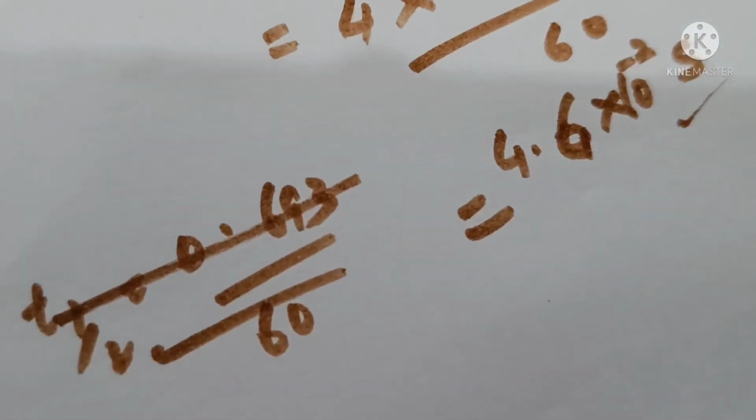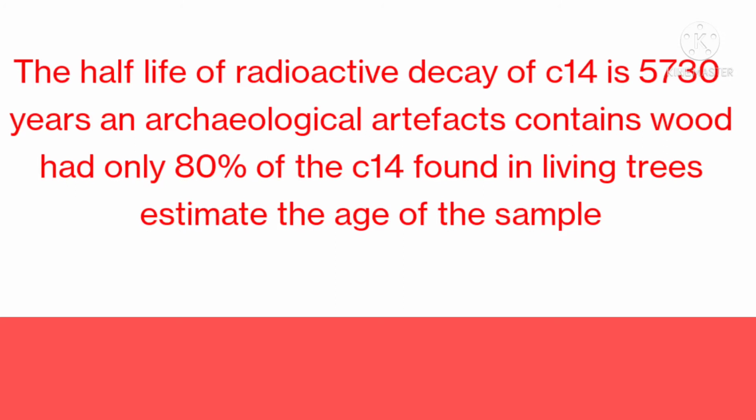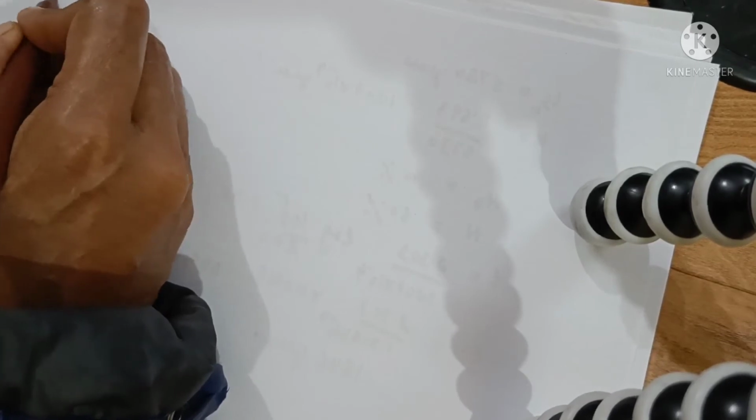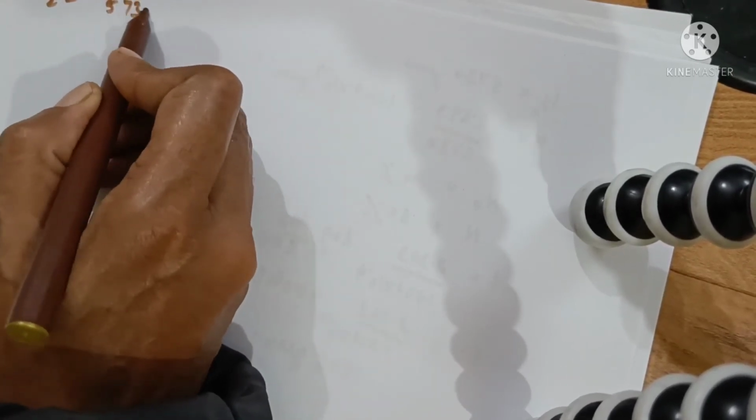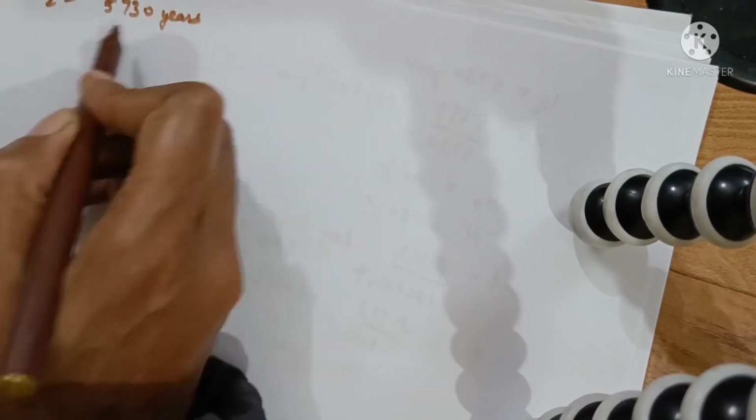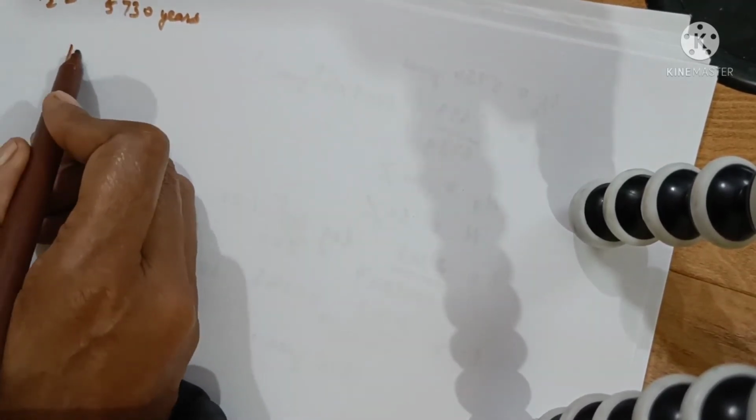This is the time. The half-life of radioactive decay of C-14 is 5730 years. An archaeological artifact containing wood had only 80% of the C-14 found in living trees. Estimate the age of the sample. From the question, we understand that the t half for this reaction is 5730 years. From this we can find out the rate constant K is equal to